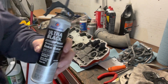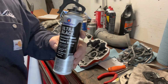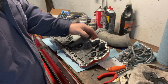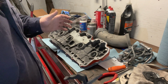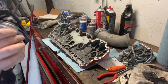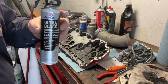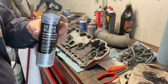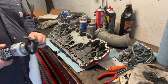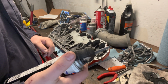I really like to use this stuff right here. Whenever I'm putting my valve covers on, this stuff has never steered me wrong. I know some of you out there might like to go with the factory stuff, but I tell you, this stuff, at least this stuff right here, is, in my opinion, just as good or better than the factory stuff. I actually have some of the factory stuff, but this is just an easy applicator,